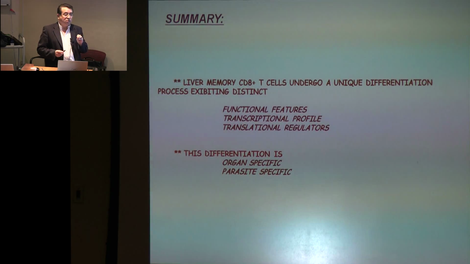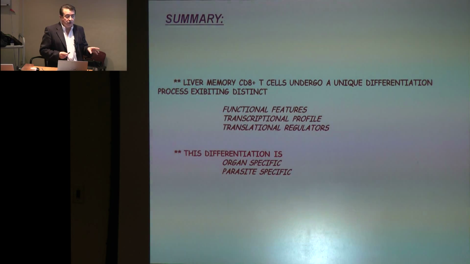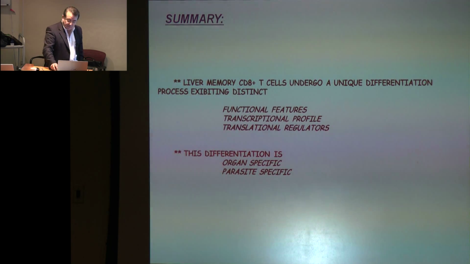If they go to the brain, they will adopt a particular characteristic. If they go to the liver, they adopt a different characteristic. If they decide to live in a lymphoid organ, it is different. And it kind of makes sense because those cells live in different environments, and therefore the requirements of their function will be different, and that's why they undergo unique differentiation, which is very specific for the organ